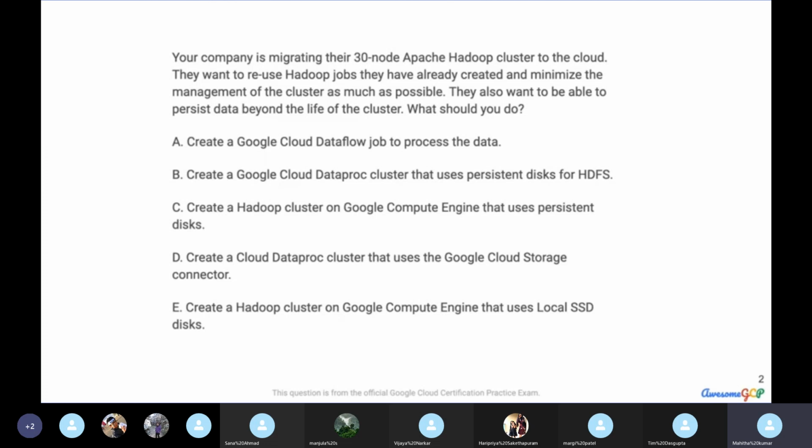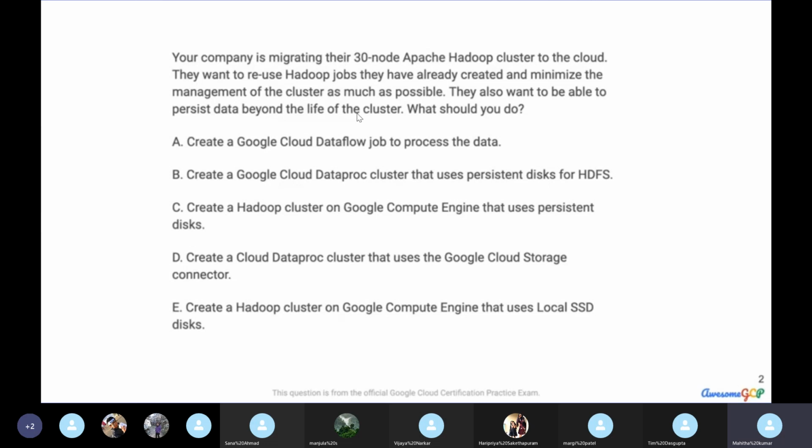What should you do? So the key points are migrating, reusing, managing, and also persisting. So Google Cloud Dataflow can't be reused. Here the Dataproc cluster can be used, but the persistent disks will not be able to persist.